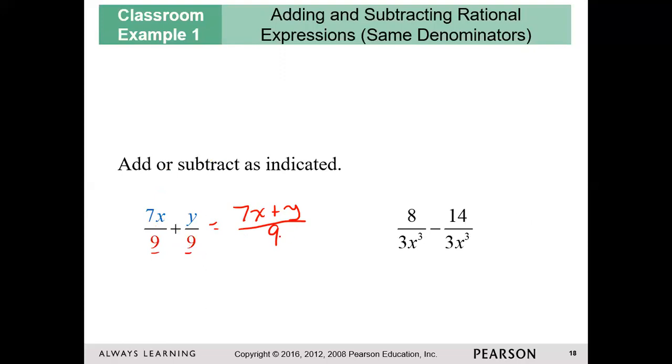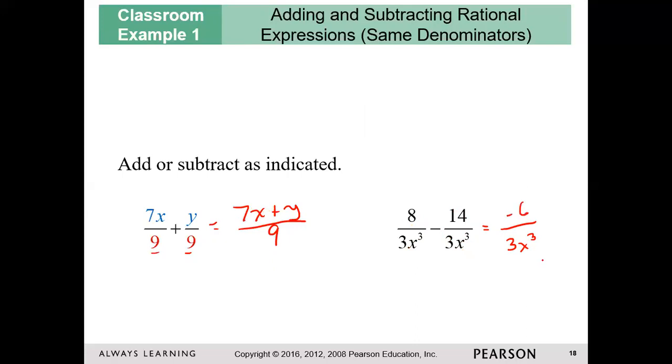The only way that this is going to change is if it can cancel with something in the numerator. And again, that has to be a common factor. It's got to be multiplying in order to be able to cancel with something down here. All right. Once again, we have this 3x to the third and a 3x to the third. It's the same, so we are going to keep it the same, 3x to the third. And then we have this 8 minus 14, which will leave us with